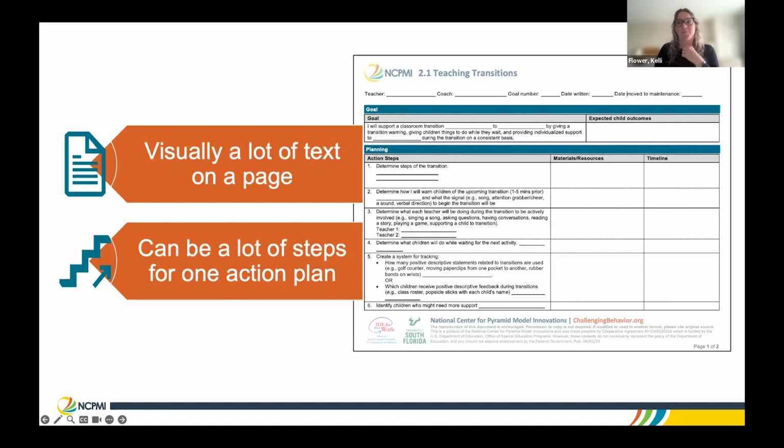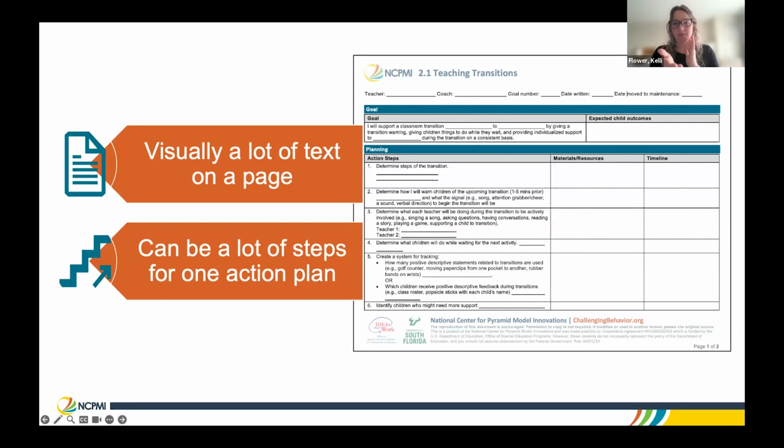But what I like to do for my teachers to make it very clear what they are working on in the action plan, because it can seem wordy, is first of all, we'll go over it. We will take out anything that we don't need. We'll add whatever we want. And then something that's been so helpful